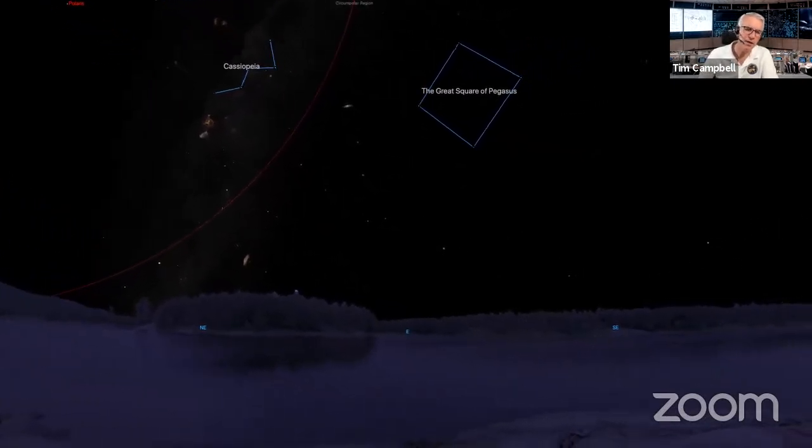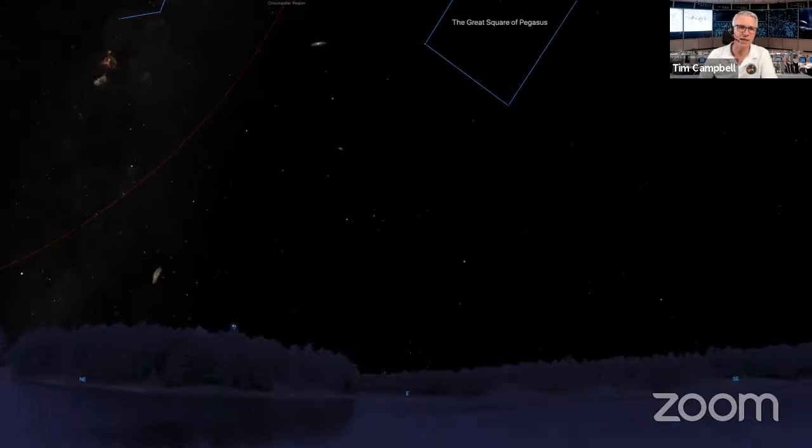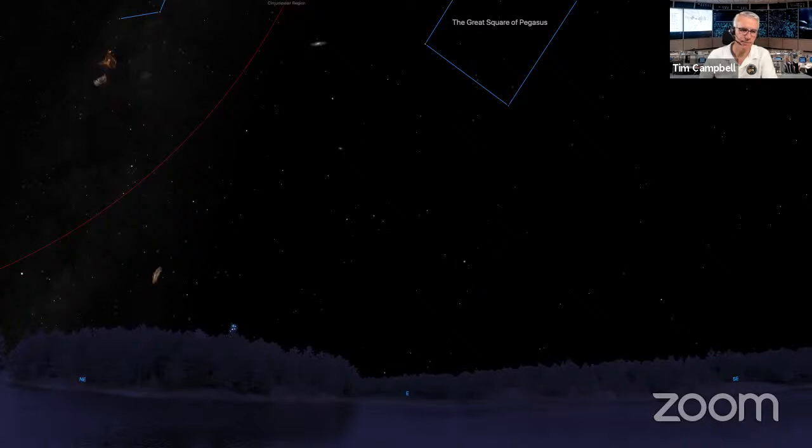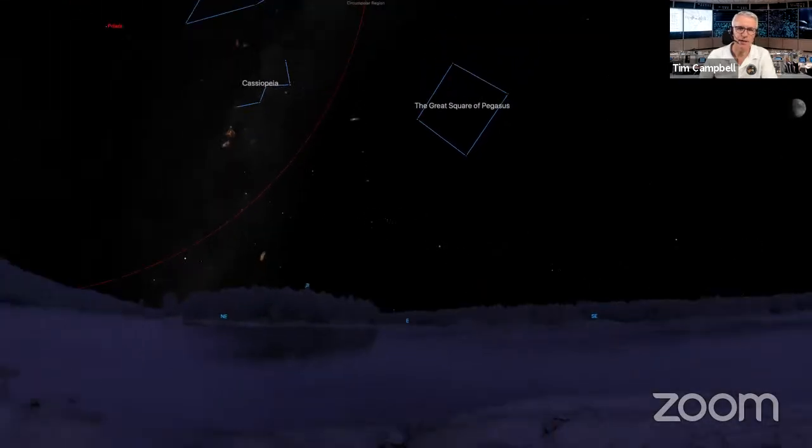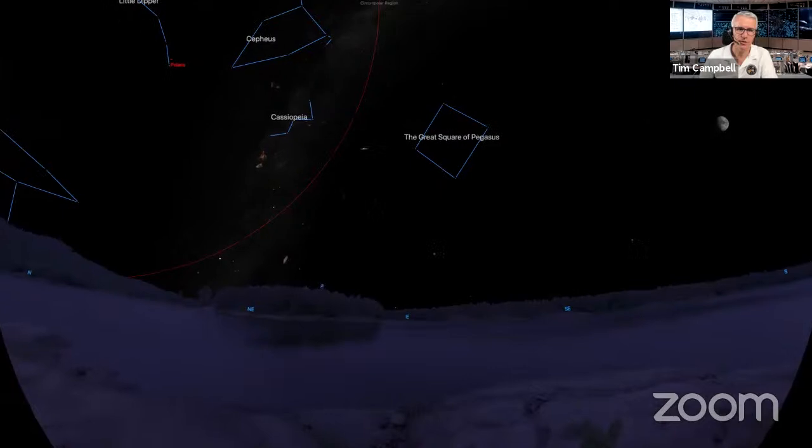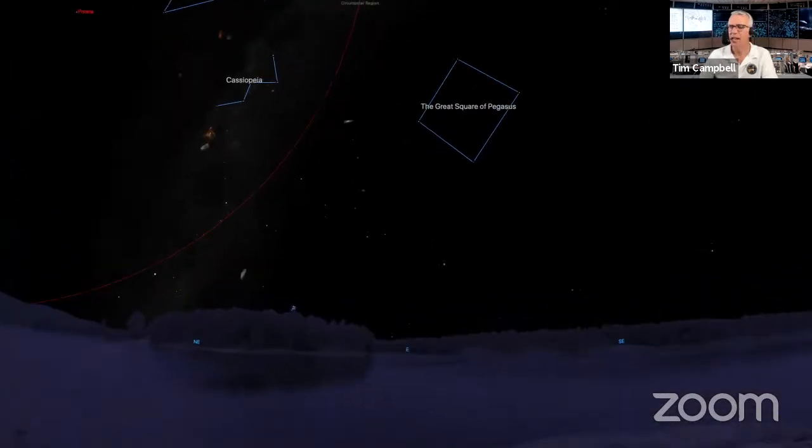Now, I realize that when you're looking at this, you're thinking, that doesn't look like such a square. Let me back out a little bit. It zoomed in a little bit more than I wanted it to. There we go. That's probably too much of a back out. There we go. Okay, you're probably thinking that doesn't look so much like a square, but what you have to